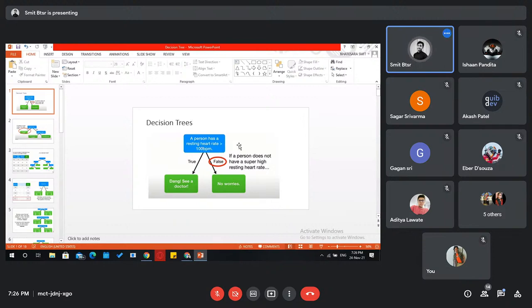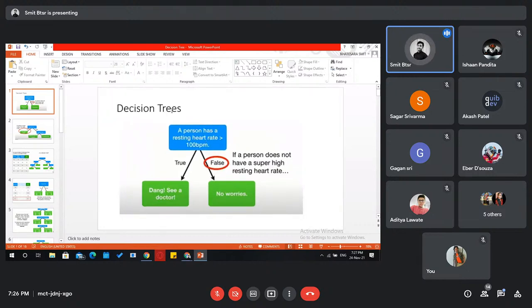Let's understand this with an example. All these PPT slides are made up of examples, so you will quickly get what we are doing and quickly understand the concepts. So these are decision trees. Decision trees are generally made up of a question and two possible outcomes. In all the cases, the answers are true or false, yes or no, that type of question. So there are only two possible answers, either true or false.